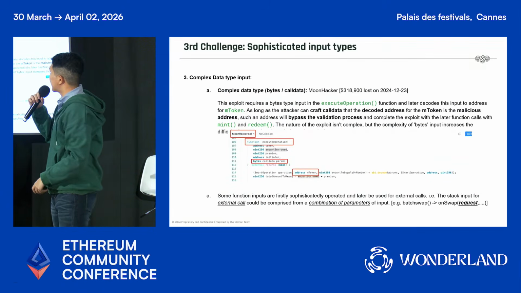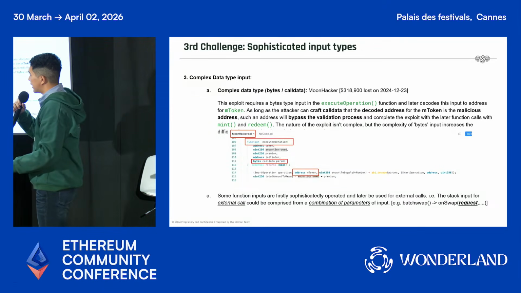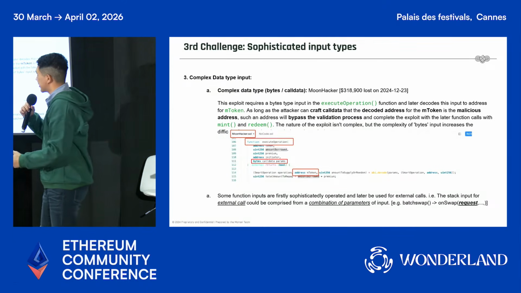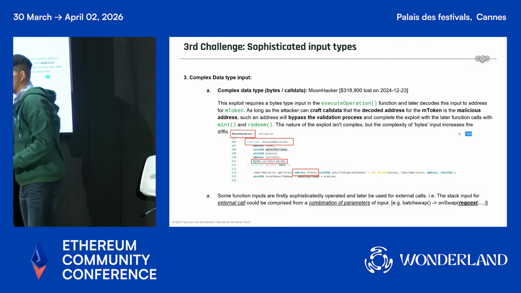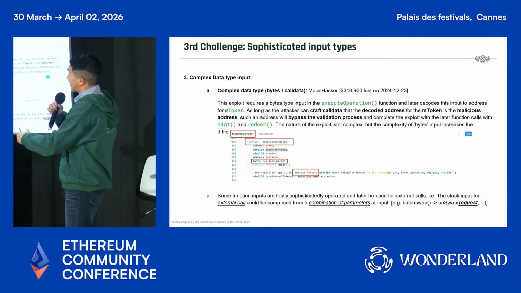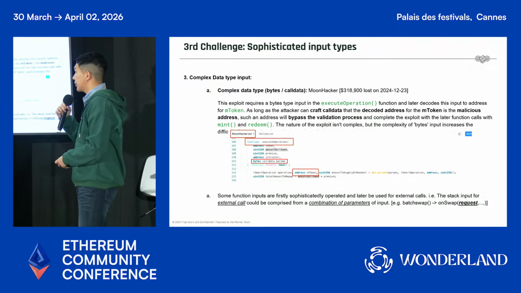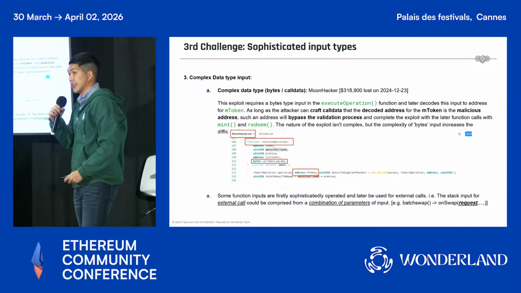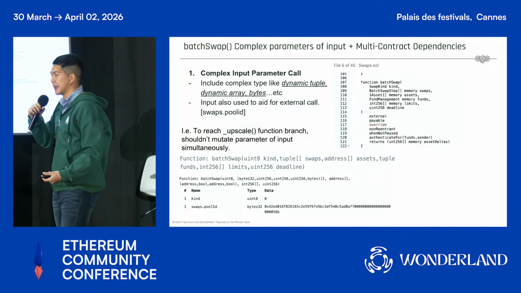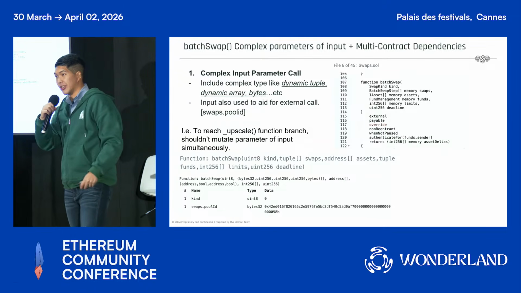The third thing is quite similar to the Balancer case, but sometimes when we implement the smart contract, we take really weird input parameters. Among those, some are actually quite trivial. The difficult one is thinking about the bytes type calldata. You need to construct calldata to call a function. This is crazy. This is the thing that a fuzzer, or a normal human, or the standard technique is not really able to get into for this kind of function call. It's just tough. So with the batch swap, similarly they have the dynamic type, dynamic tuple, and those kinds of things also mess up the storage slot management as well.